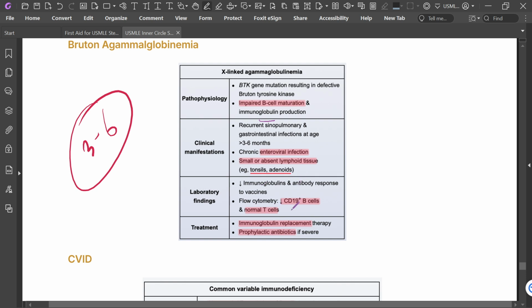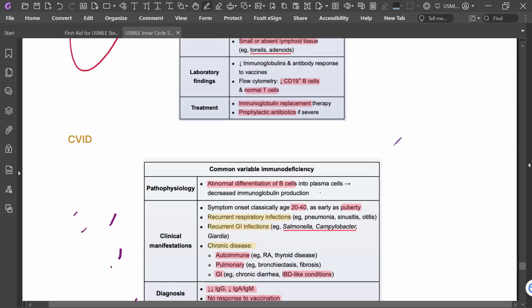Flow cytometry shows decreased CD19 on B cells and normal T cells. Treatment is immunoglobulin replacement therapy and prophylactic antibodies. Look at the CVID,